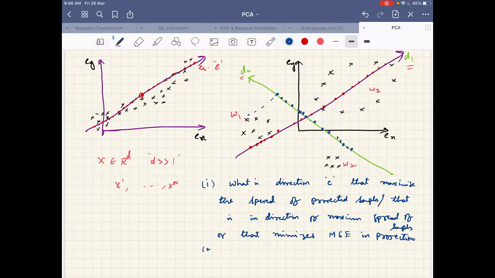Second question is, if I find that, what is the way of projecting? We are assuming most of the time that projection means a perpendicular projection. Is that the way, or are there other ways? We want to look at that as well. So essentially, given the samples x1 to xn, how should we project?